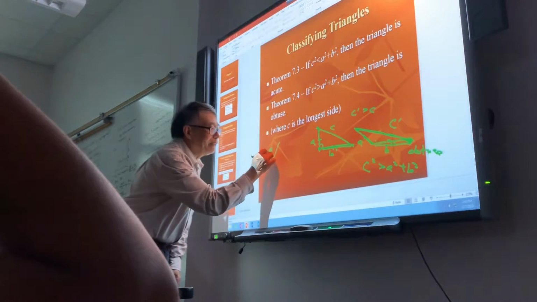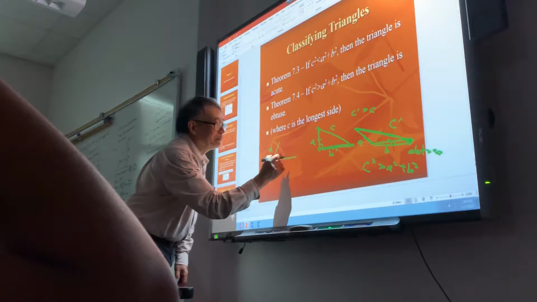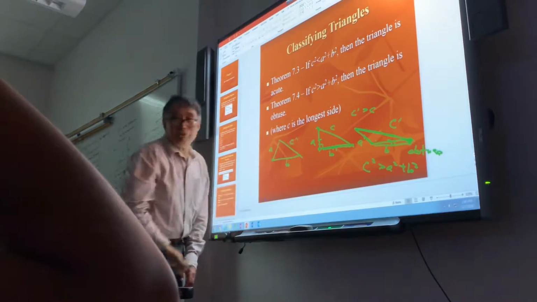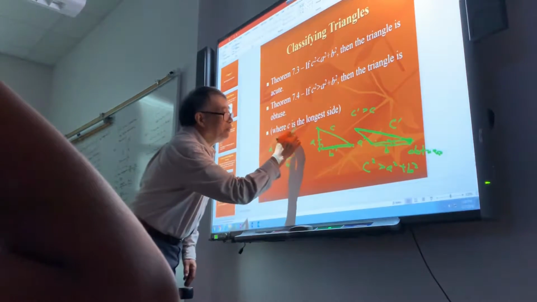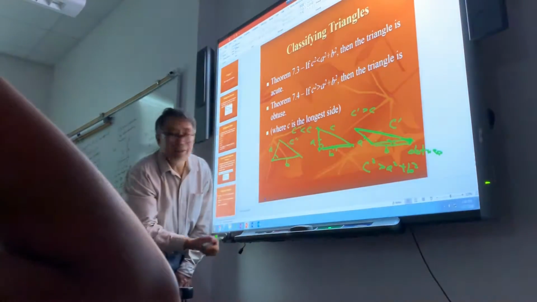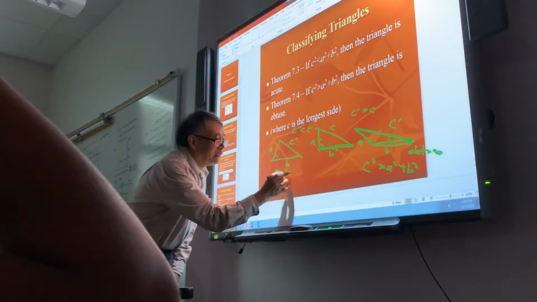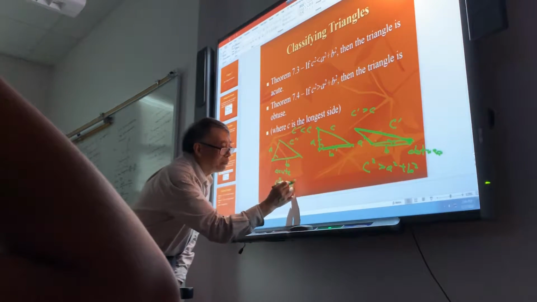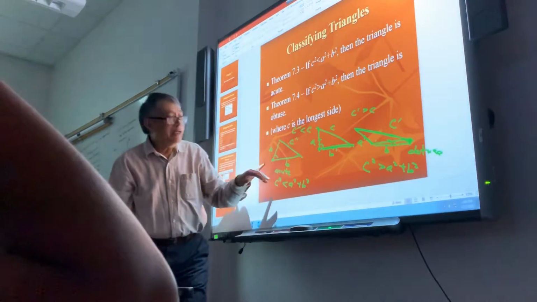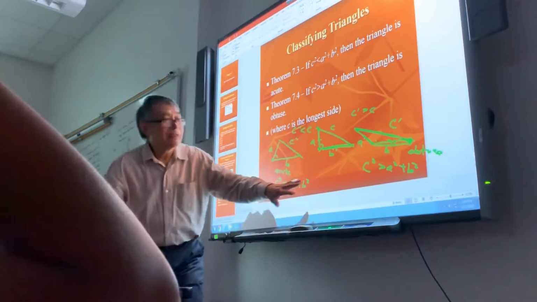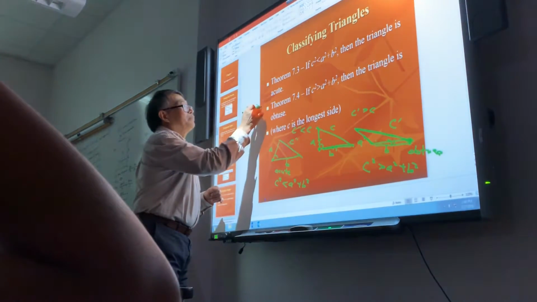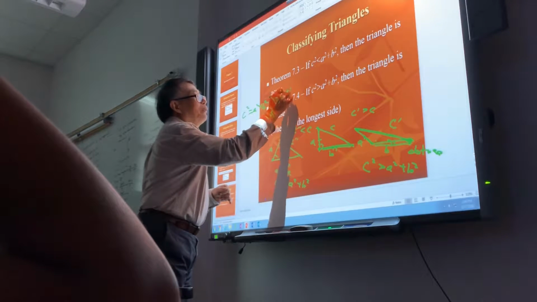Same thing. This is A, the same length. B, you can see this is B, this is A, and this is C double prime. For instance, you can see C double prime is less than C. So this angle should be less than 90 degrees. So this is acute. If you remember how to get this formula, you can see that for acute, c squared is less than something, and for obtuse, c squared is greater than something. If you don't use c squared equals a squared plus b squared, and you use a squared plus b squared equals c squared,